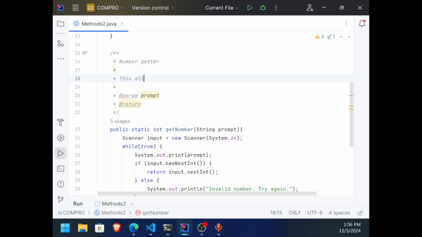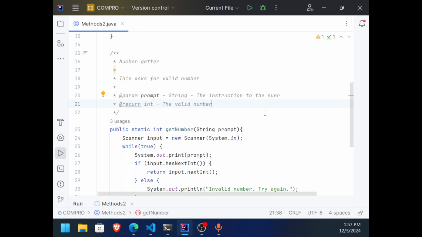This asks for a valid number. The param is type string, the instruction to the user, and then it's going to return an int, which is the valid number.